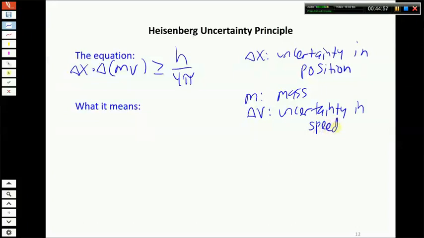All right, so we should be comfortable with the idea that electrons are moving around the nucleus in some fashion. They're not going to be circular orbits anymore, but there is motion of electrons. They're not stationary. And so if we know something about the position of the electron, we have some uncertainty in terms of how fast it's moving, or alternatively, if we know how fast the electron is moving, there's going to be some inherent uncertainty in where it is at any given time. Now again, for macroscopic objects, this doesn't matter. So what the equation tells us is that it's impossible to know simultaneously